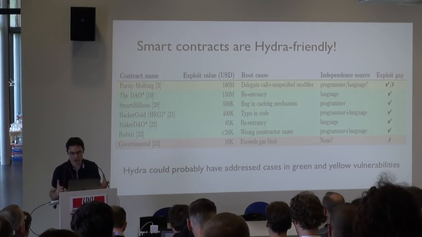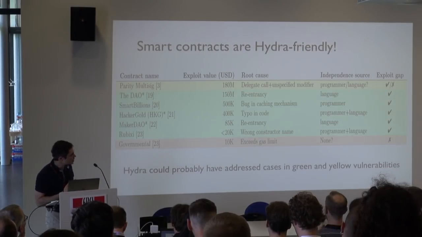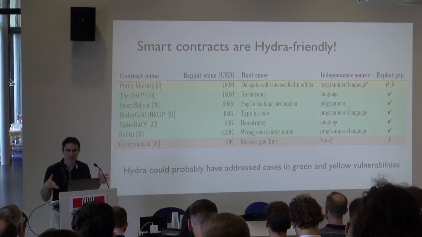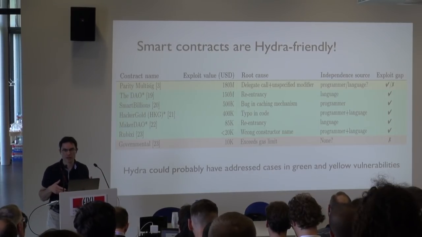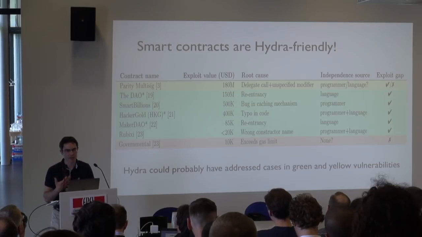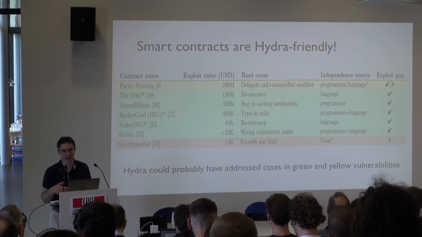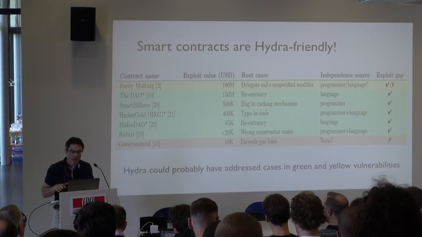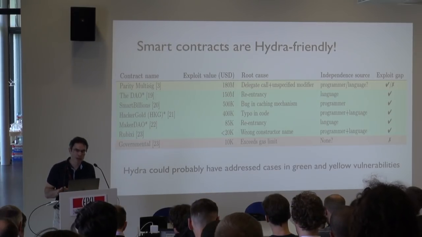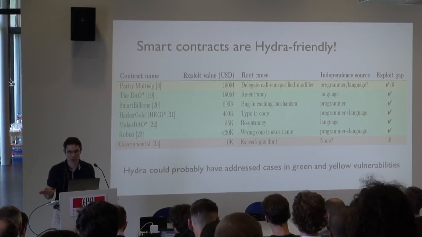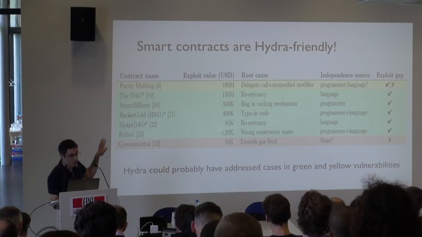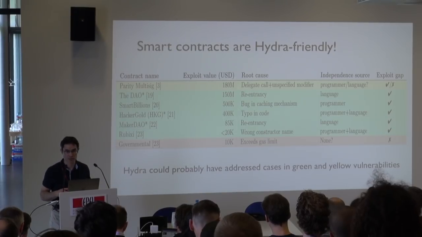You can see, for instance, that in many cases, the vulnerabilities taken advantage of by hackers were language-based. Right? For instance, they took advantage of the gas mechanics, as they're called in Ethereum, for those who are familiar with them. So even something as simple as cross-compilation from one language to another, which wouldn't substantially increase development costs, would have prevented a lot of these exploits.